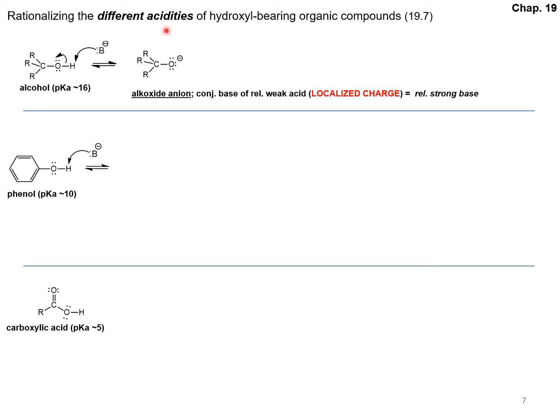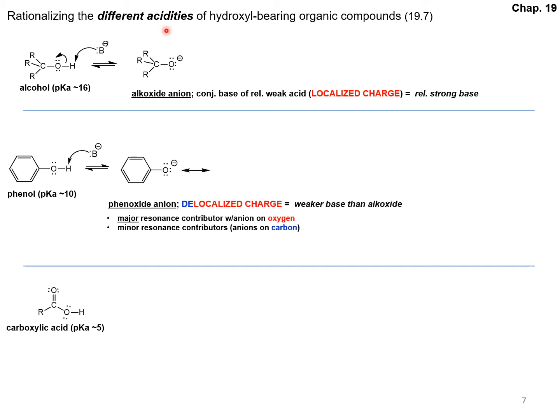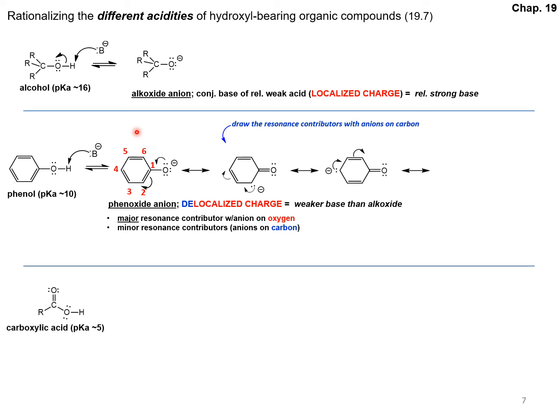Compare that to a phenol. When you take the proton away from the OH of a phenol, you end up with a phenoxide anion. And unlike the alkoxide anion, in this case the charge is delocalized because the O- is conjugated to the pi system of the benzene ring, and it's possible to draw resonance contributors that show the minus charge localized on different atoms in the ring, in this case atoms 2, 4,